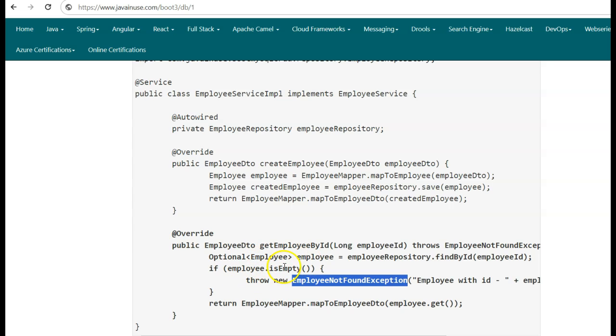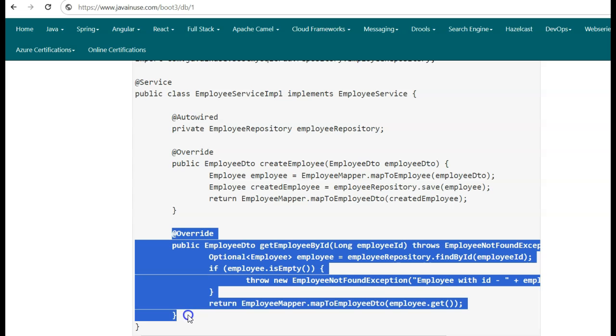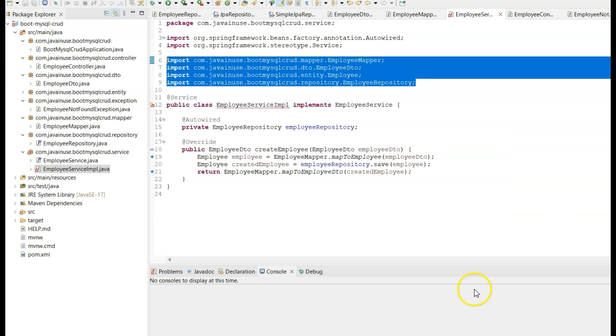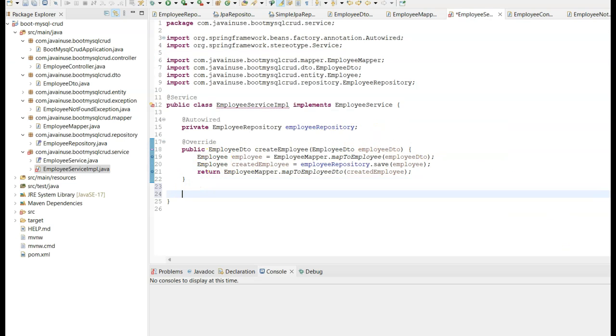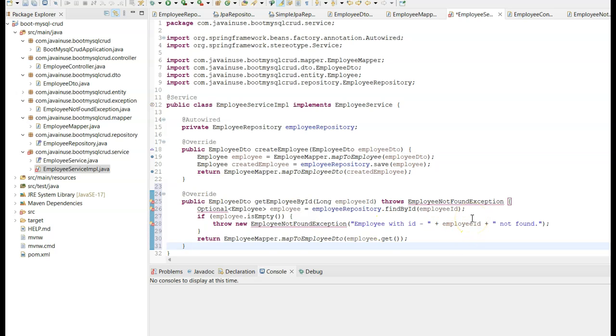So here we check if this optional is empty, then it means that the employee corresponding to this employee ID does not exist in the MySQL database. So we throw the employee not found exception. Else we convert the employee instance that is returned back to employee DTO and return it back to the controller. Let us modify the employee service IMPL class to add this getEmployeeById method. Copy this, go to Eclipse, and here we'll be adding the method.